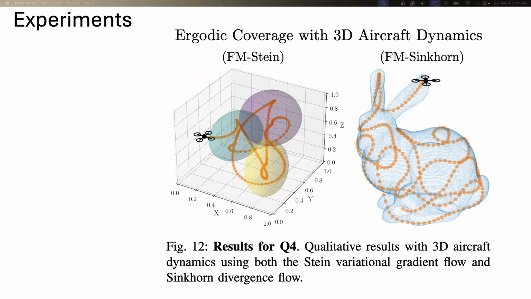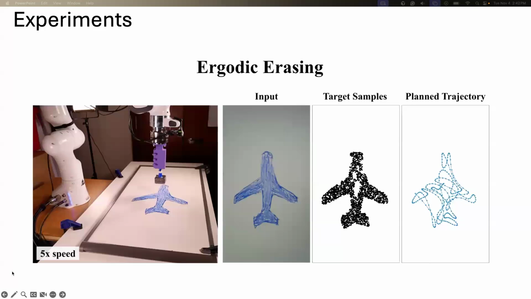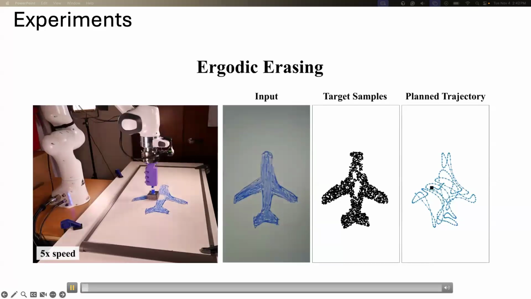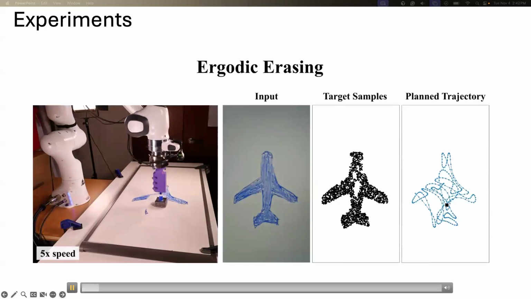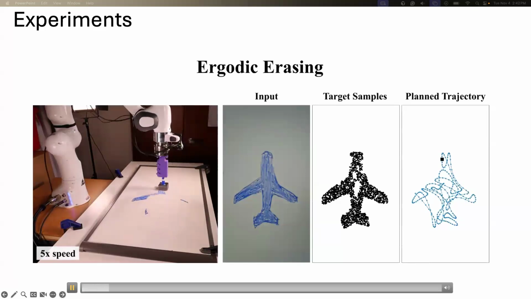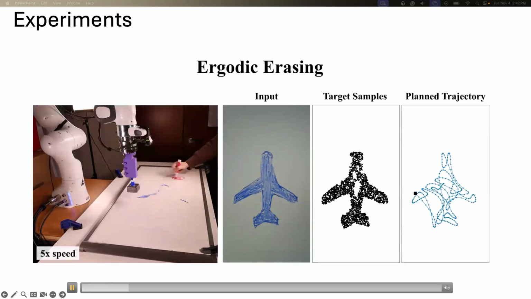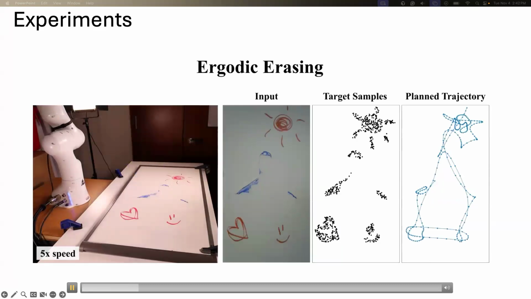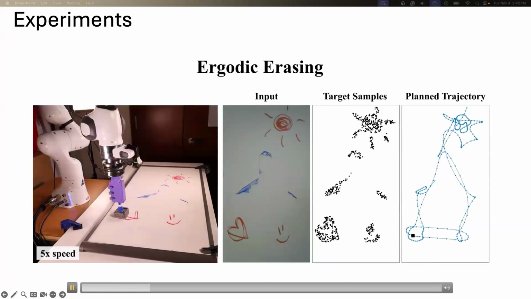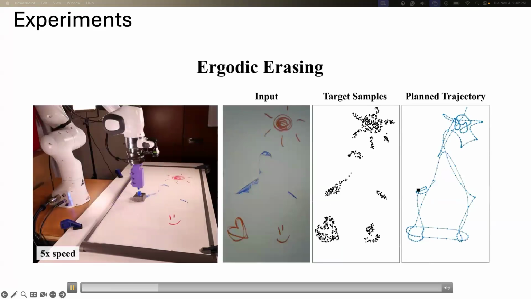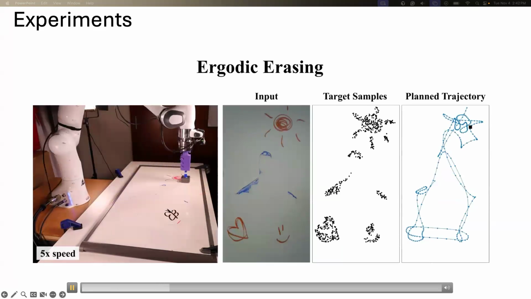I think it'd be much more interesting if you did this in 6DOF, where you aren't just visiting an area to make your spatial distribution, but what you're observing in that area is how you build up the distribution. But I did think this is a pretty slick way of demoing it, where they drew on a whiteboard to demonstrate how you can have a very non-nice distribution, and I'm pretty sure they're just planning a 2D double integrator for the end effector of this manipulator, and not doing full 6DOF stuff. But